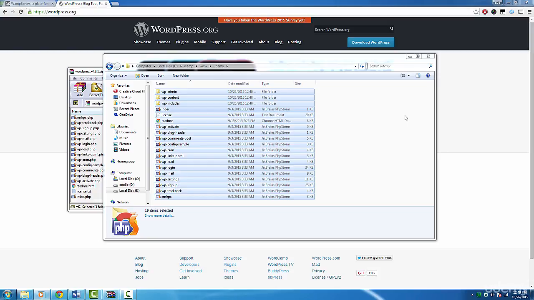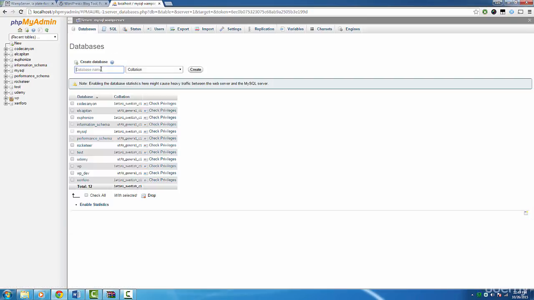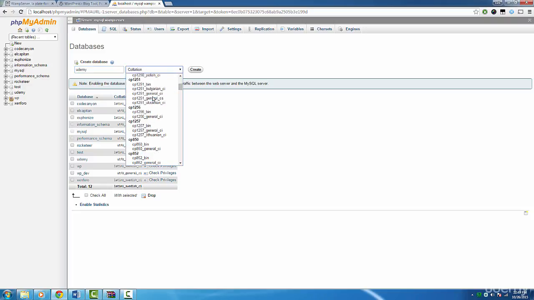Before running the installation, we need to set up a database. Click on the WAMP icon and then click on phpMyAdmin. Click on Databases and in the Create New Database form, enter a name for your database. I'm going to call this Udemy. The collation should be